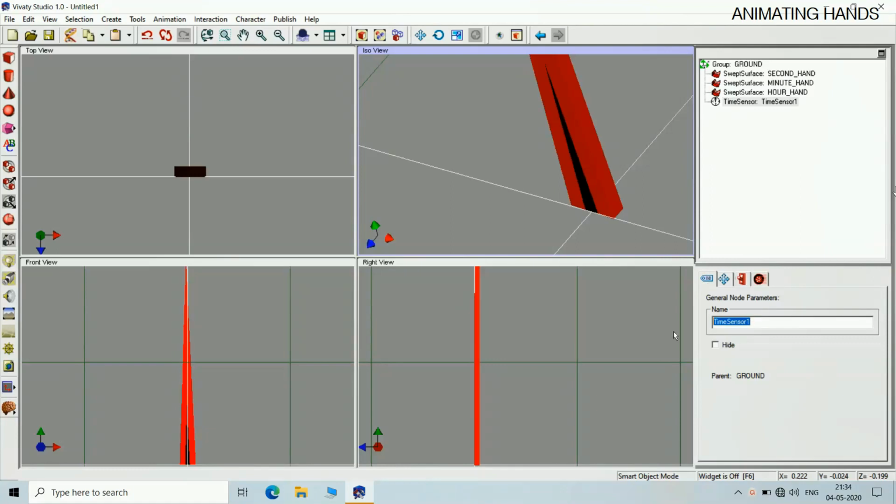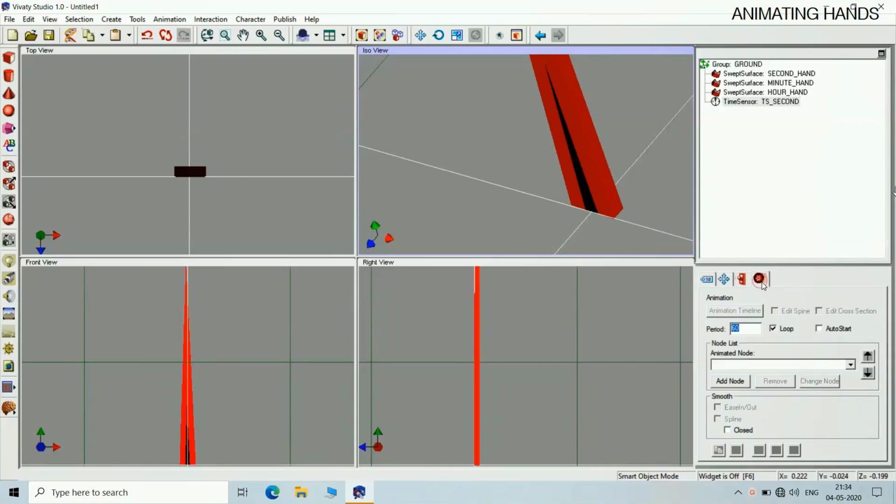Call this time sensor as time sensor underscore second. So it means that this is a time sensor controlling the second hand. Add the animation node. I have added the second hand.